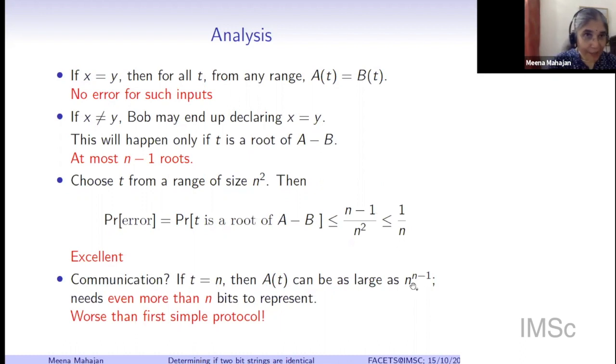So Alice has to send the value of a at t also, not just t. She has to send a of t. So a of t is this very big number. This big number, I have to write it as a bit string in binary, right? So this larger number, when I write in binary, it's going to require even more than n bits to represent. It's going to require something like n log n bits to represent. That is even worse than the first completely simple naive protocol which we saw, which used no randomness and made no error. Okay? So here we are using much more bits than that, and still we may occasionally make an error. What's the use? Okay, so it looks like this is useless, but actually this has a very interesting idea which we can now tweak.